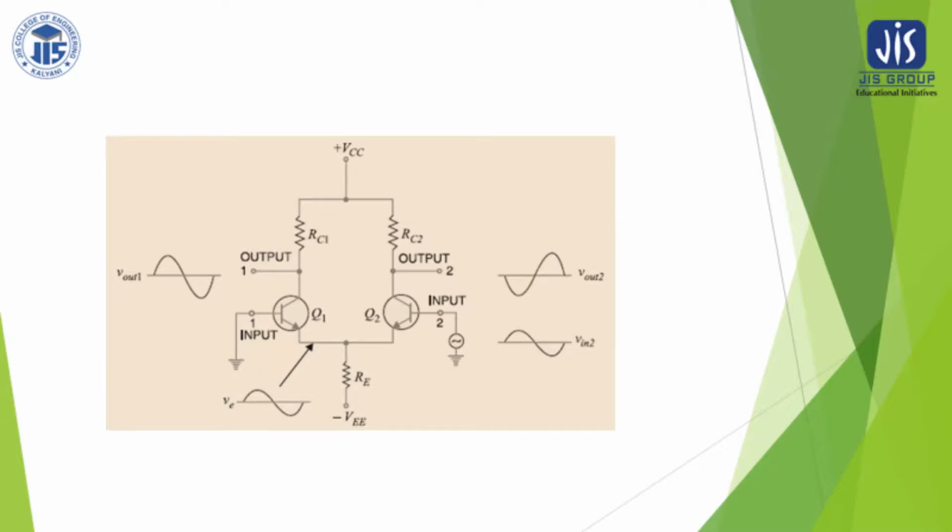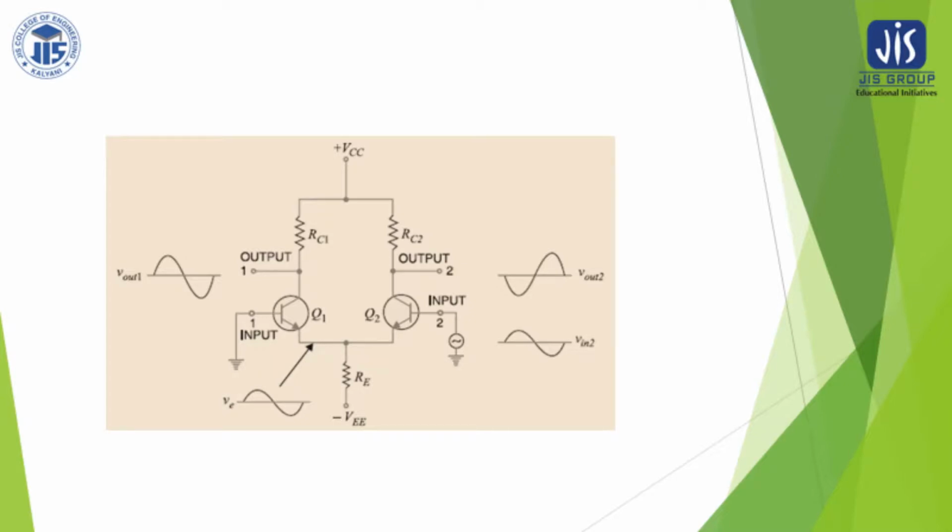This is a differential amplifier in which there are two transistors Q1 and Q2 which are required to be identical. Identical means the parameters which vary from one transistor to another should have a little amount of variation, or the least amount of variation, between the two transistors Q1 and Q2. Now, what are the parameters which vary from one transistor to another? That is base emitter voltage and beta current gain. So these parameters should be as close as possible for the two transistors.